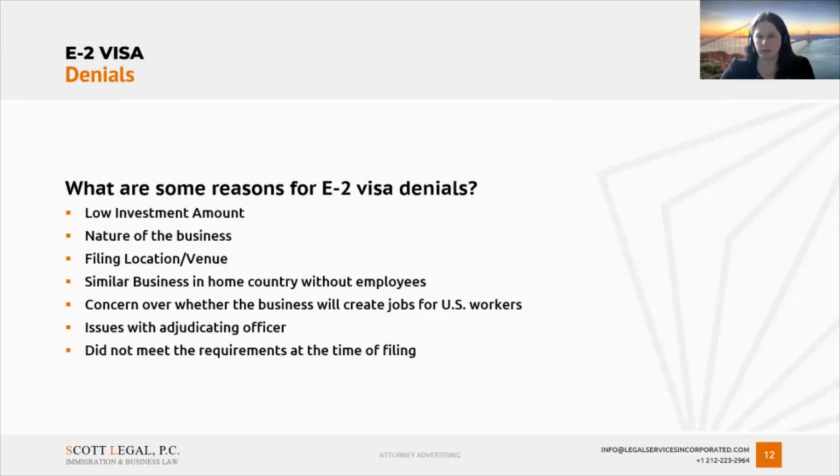If they're really, really off base with the law, you can try to file a complaint or get that addressed. But generally, your fastest option is going to be to reapply. And most consulates will try to give you a different officer. So most of the time, if you reapply, you will be getting a different officer. But you will need to be able to explain either changed circumstances or effectively explain why you think the last decision was wrong. And last, you just didn't meet the requirements at the time of